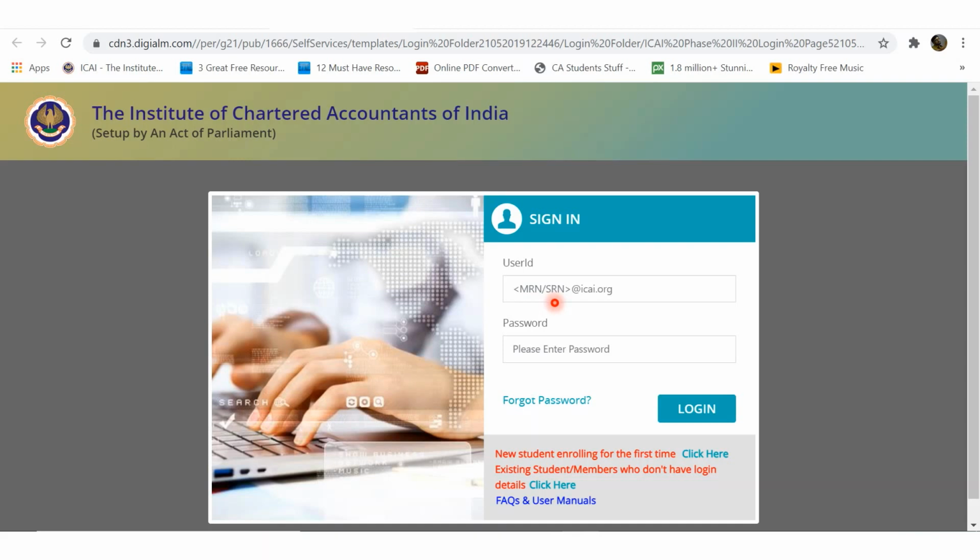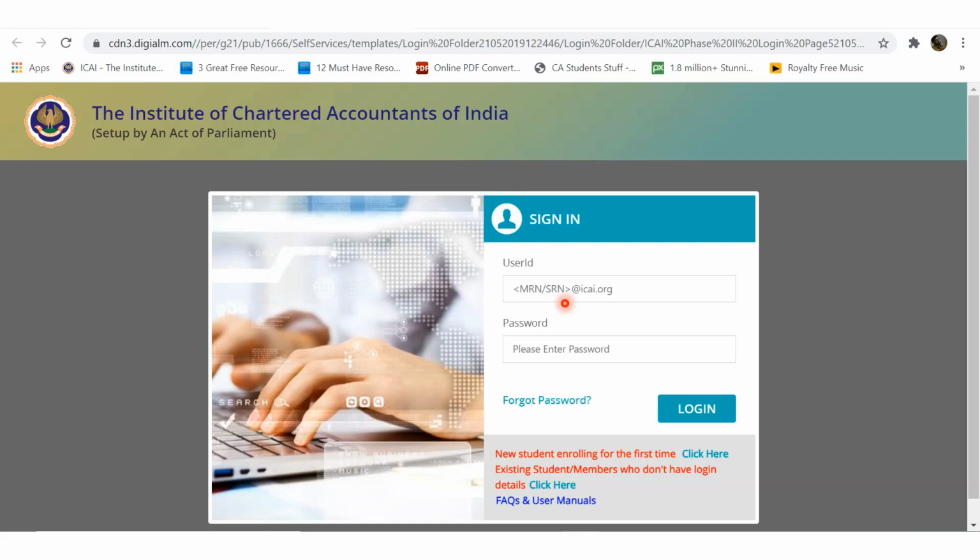One may feel, sir, I have completed the registration process, they have given me the alert that my provisional registration is complete, they have taken fees from me, the money has already gone from my bank account or credit card, so I am a student. No, you are not a student. At this moment you are an applicant. Remember, your process of verification is still pending. Since the verification is still pending, you are not counted as a student. Till date, your student registration number is not yet generated.